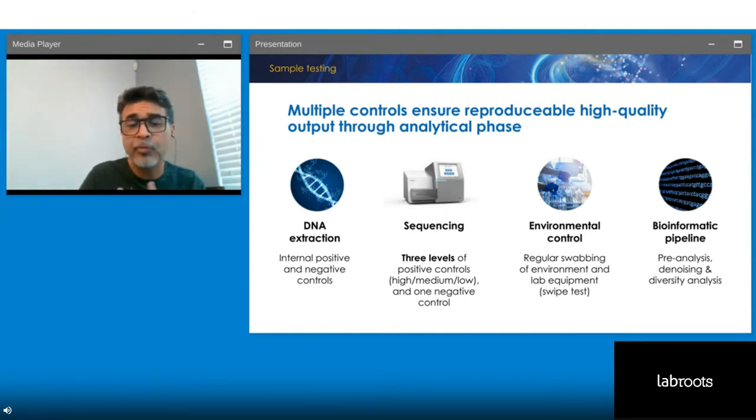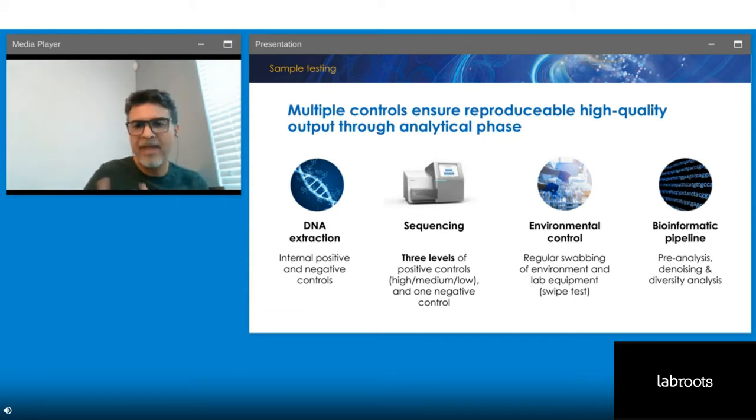We have 3 levels of control during the sequencing: a high, a medium, and a low positive control, and we also have a negative control. This guarantees that the different levels of DNA concentration are able to be analyzed, recognized and detected, but at the same time, this also guarantees that the instrument is working at the limit of detection that